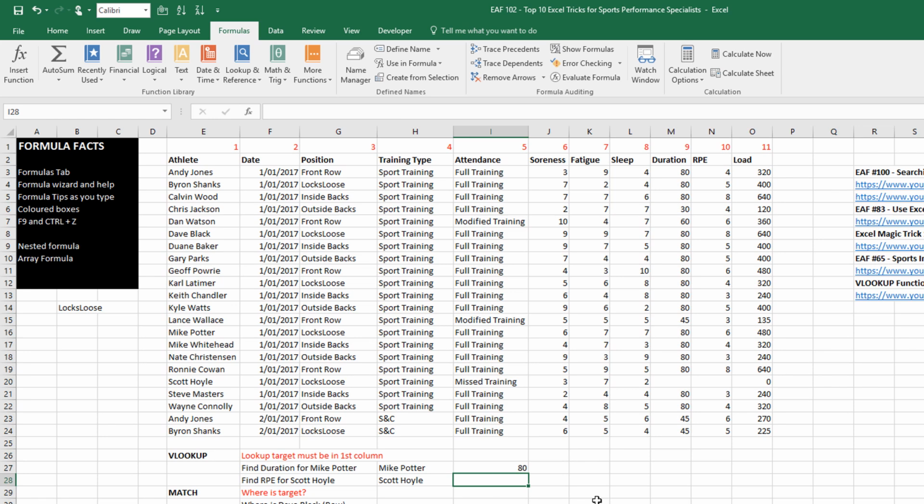And it's going to tell us that Mike Potter is 80 minutes. And we can just quickly have a look at that, and we can see that that's true. If I change that to 75, we note that this formula is live and is going to work. If I drag this down,